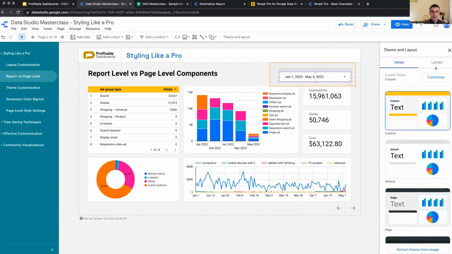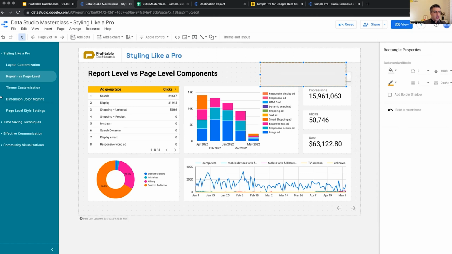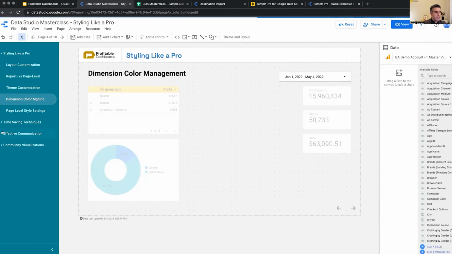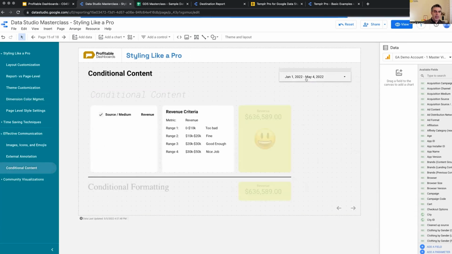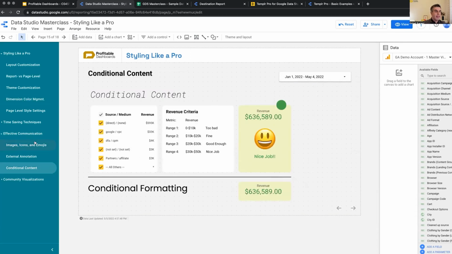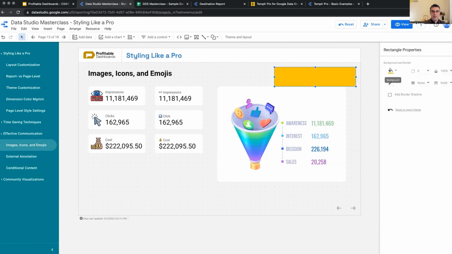First of all, let me bring it to bottom because I want to show why. This date range selector now is on this page and on this page and on this page. But later on in this session, I have pages that I don't want it to be there. I don't need a date range selector on those pages, right? So if date range selectors as report level components are at the bottom, now on this page, what I can do is put a rectangle with the same background color of the report,